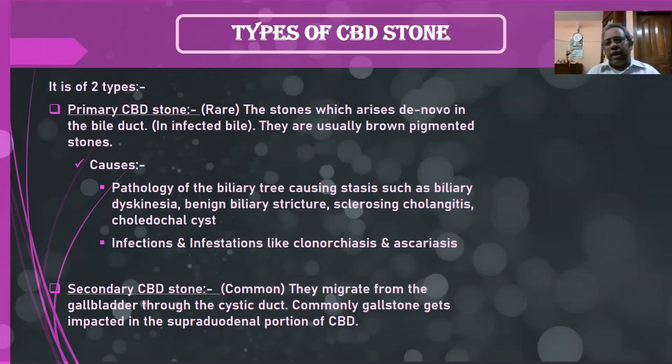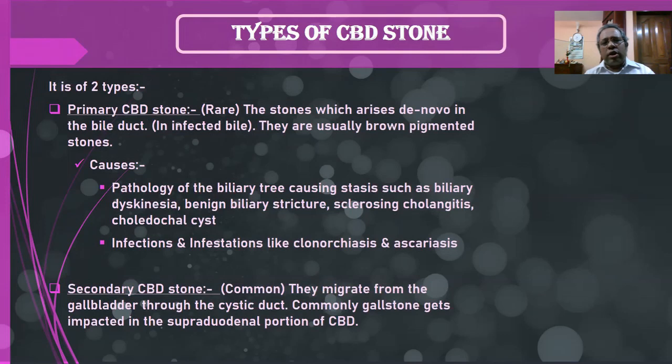That means the stone which is developed within the common bile duct is called the primary CBD stone. The stones which arise de novo in the bile duct. In infected bile, there is a nidus formation, ultimately stone formation. They are usually brown pigmented stones. Causes: